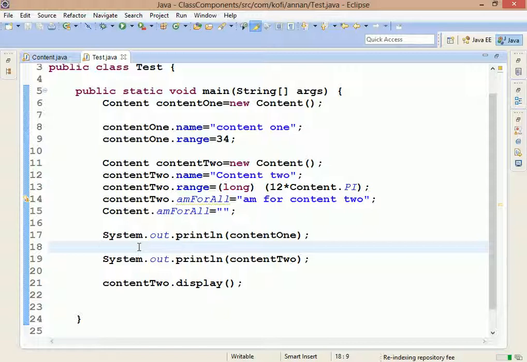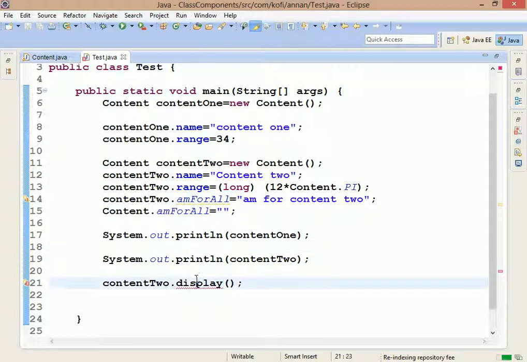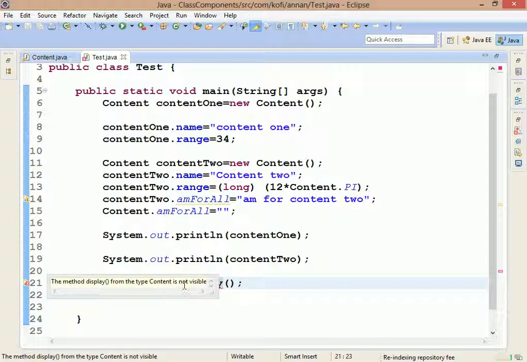And all the access specifiers work on them. So when there were to be public in front of it, it means it can be accessed anywhere. If it were to be private, it can be accessed only in this class. When I save this and I go out, I'll get an error. And what does the error say? The method display from the type is not visible in this class